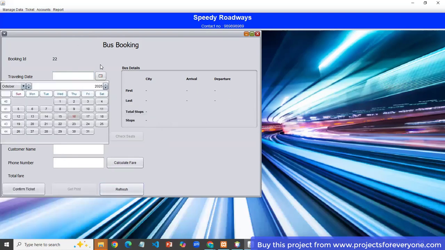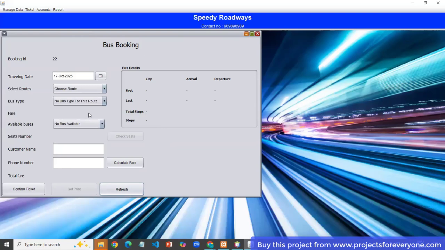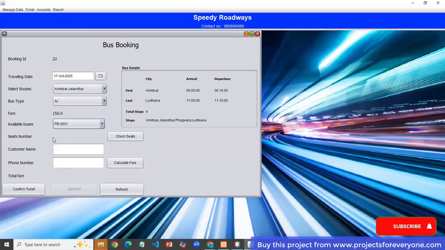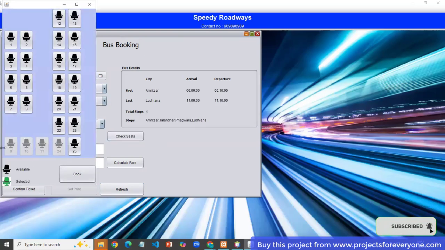Now, if we again book for the same date, same route, same bus, you can see we are not able to select these seats as these are already booked by someone else.